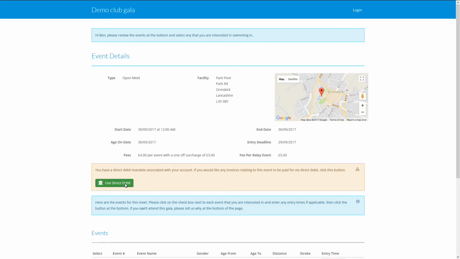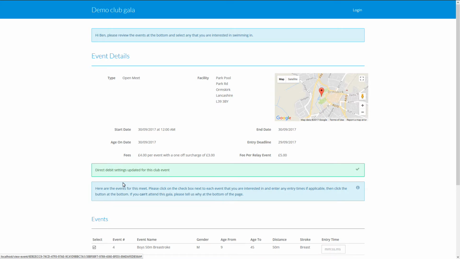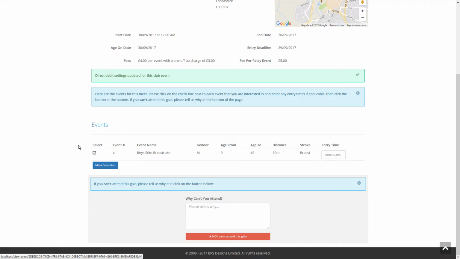If the event type is either Open Meet or Club Champs, the events will be listed to allow the swimmer to select which events they would like to swim. Only the events that the swimmer is eligible for will be shown. Select any relevant events you want to swim, and if the swimmer's Add Entry Times option is set, there will be a field to enter the entry time. This will be pre-populated if the swimmer has a valid time for this stroke and distance that meets the event